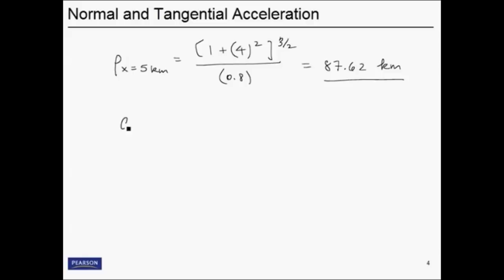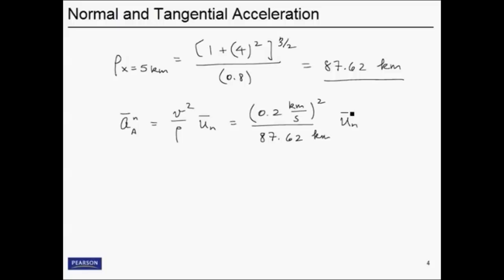So what we can do then is write the acceleration at point A in the normal direction, and this is going to be equal to v squared over rho times u in the normal direction. Okay, and then this is going to be written in terms of either meters or kilometers. Since I've got the radius of curvature in terms of kilometers, I'm going to go ahead and write the speed as 0.2, and just for emphasis here, we've got 0.2 kilometers per second. That's going to be squared, divided by 87.62 kilometers,